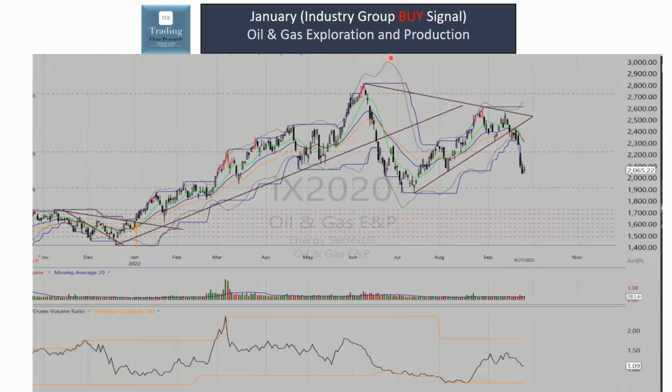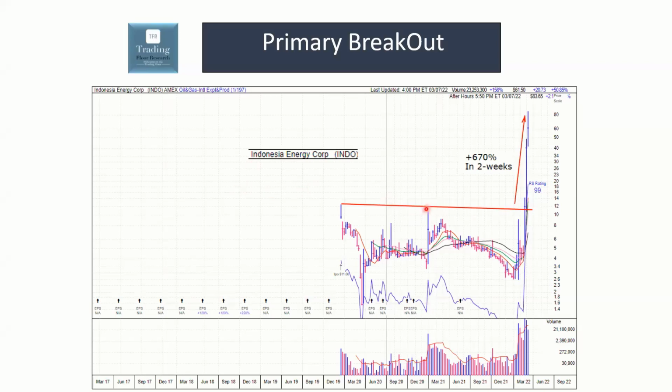Another example, looking at earlier this year, the oil and gas exploration and production industry group. Same type of idea. We got a buy signal in the group, a perfect buy signal. That buy signal came really close to the beginning of the year, in January of 2022. And this primary breakout stock actually didn't give the opportunity until about a month later. But Indonesia Energy, look at this thing. It just came into a great base. Once it broke out of the base,